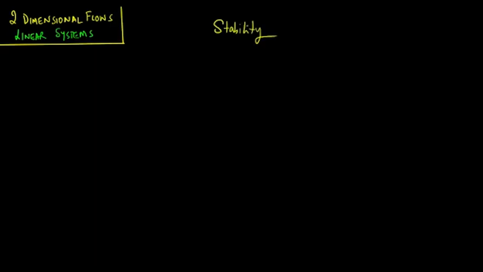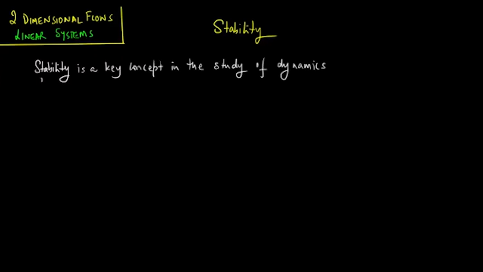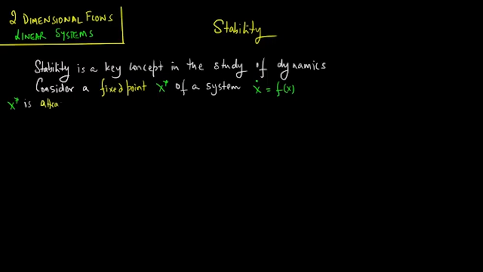In this lecture, we focus on stability. Stability is a rather key concept in the study of dynamics. Consider a fixed point x star of a system x dot is equal to f of x. x star is attracting